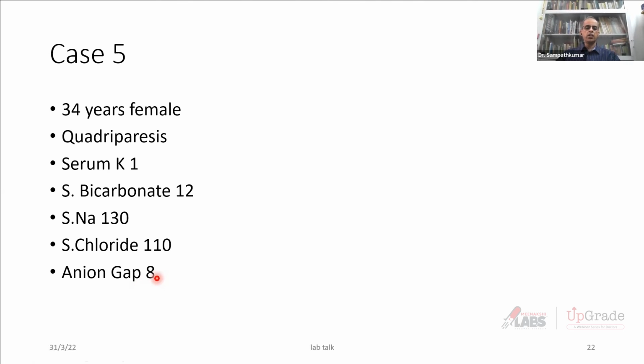metabolic acidosis. Normal anion gap is between 8 to 12. You see here that the anion gap is only 8 and the serum bicarbonate is so low. It tells you that either there is a bicarbonate loss in the gastrointestinal tract, or there is a bicarbonate reclamatory problem and acid excretory issue in the renal tubules. So because this patient never had any diarrhea, the most possible diagnosis is renal tubular acidosis, and we did what